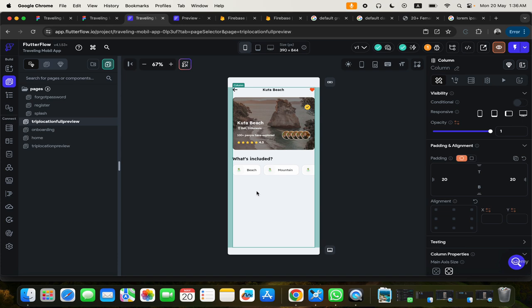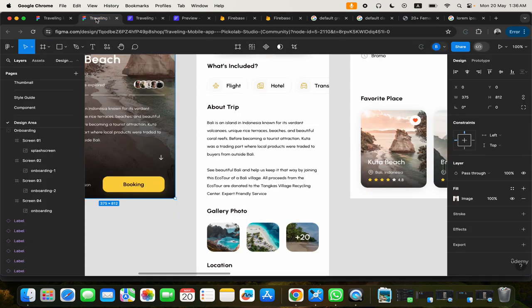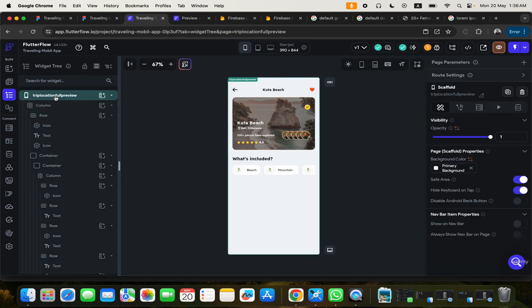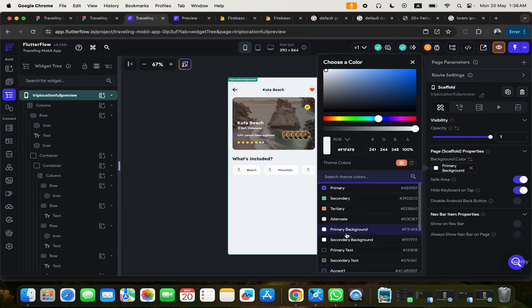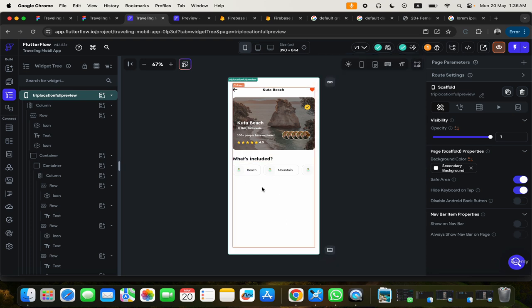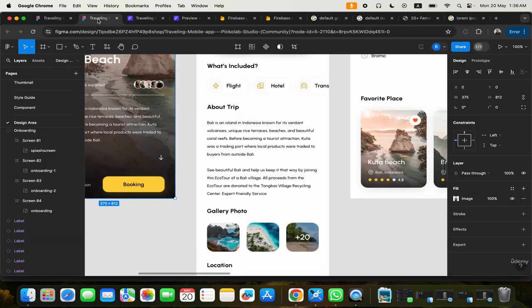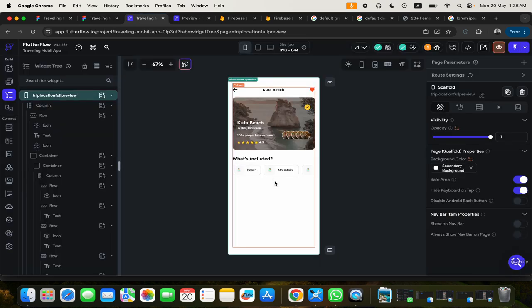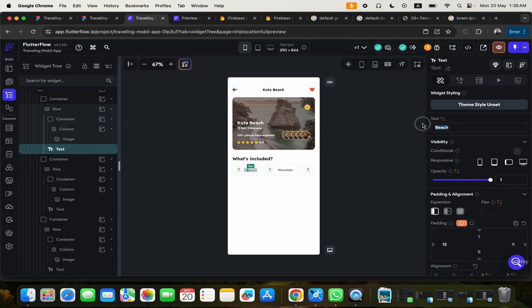Okay, so now that we have these, the next thing we need to do is let's go over to the widget tree and change the color to secondary background color, so it looks beautiful like this. And then this one here is a plane, and that's flight, hotel, transportation. So let's change it here and say flight,